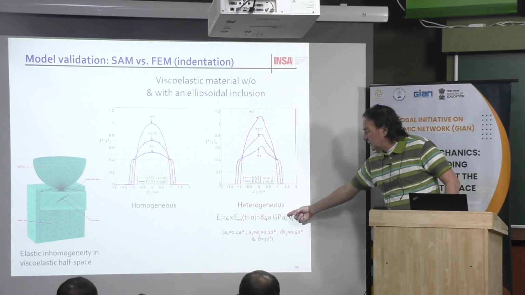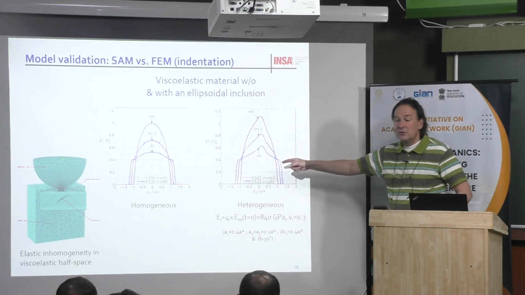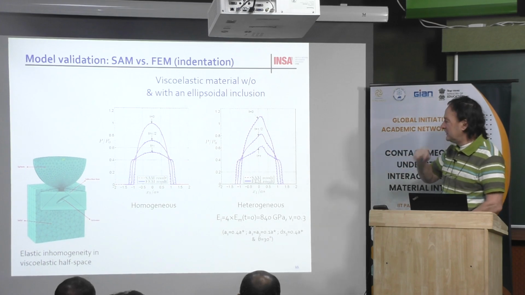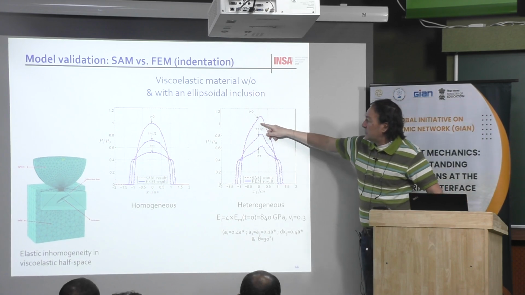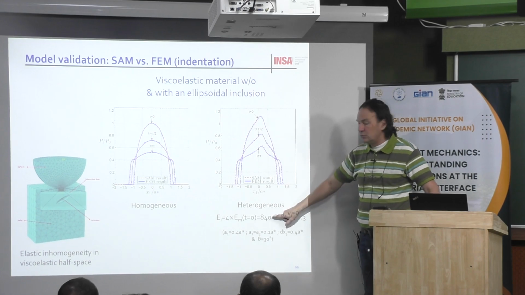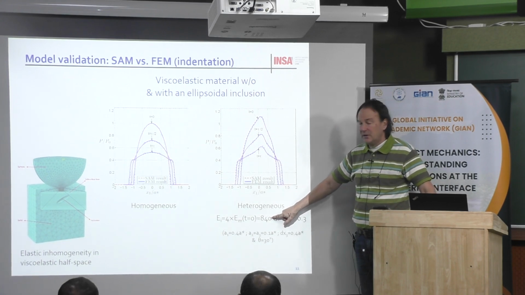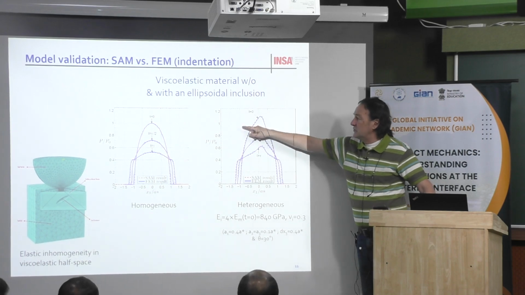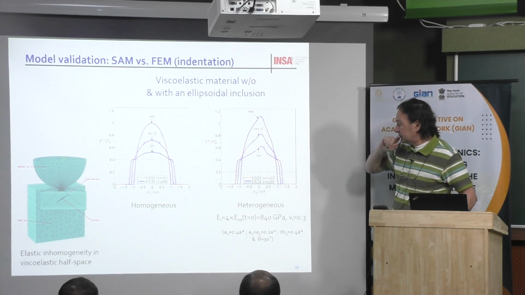For the inclusion, to see something, we choose a Young modulus 4 times higher than the Young modulus of the matrix. Here we consider the matrix as steel, anyway, it can be in dimensionless form. What you can see at the beginning, because the inclusion is stiffer than the matrix, and the inclusion here is purely elastic, is an increase of the pressure. The maximum pressure at the beginning is higher than the Hertzian pressure, due to the presence of the inclusion, which is close to the surface.